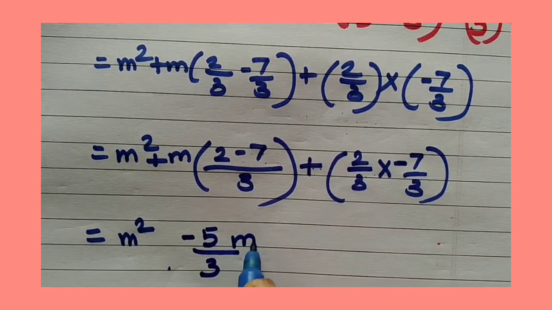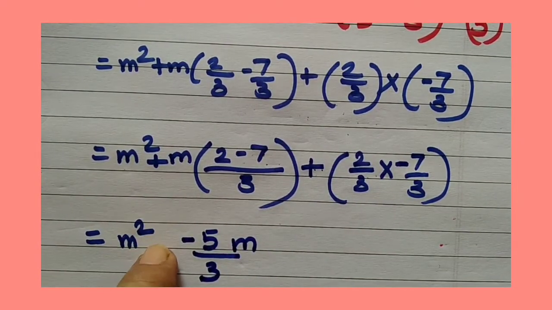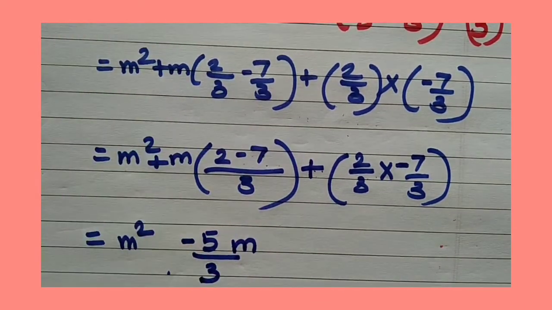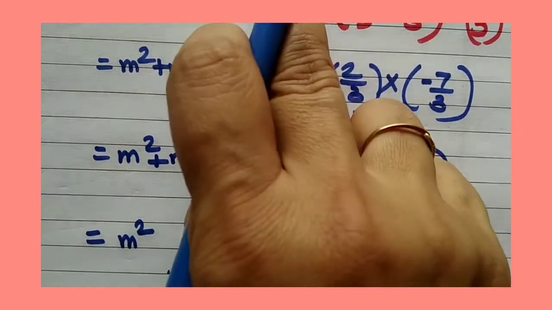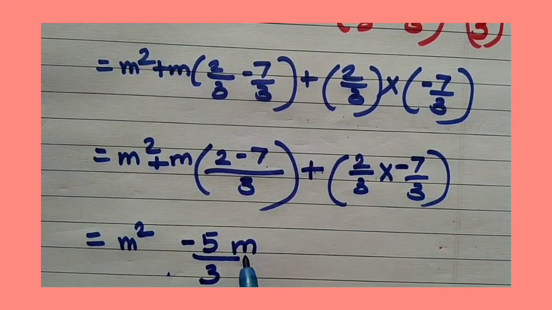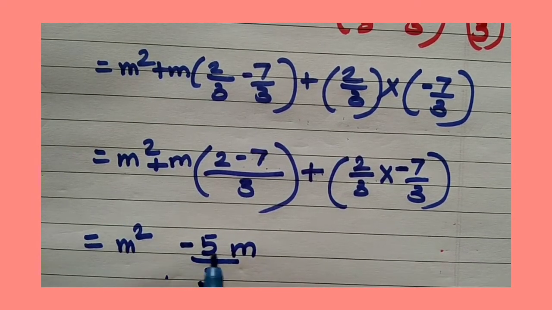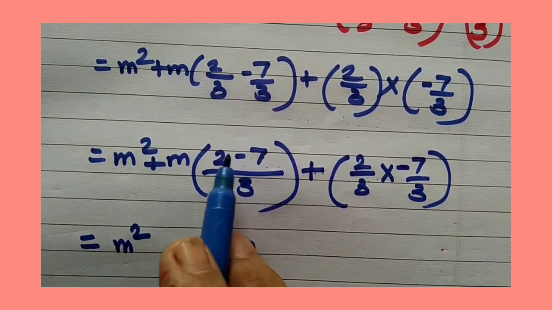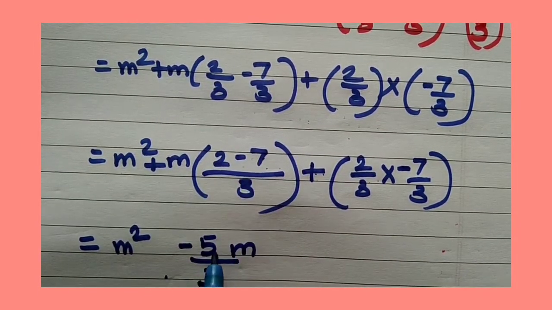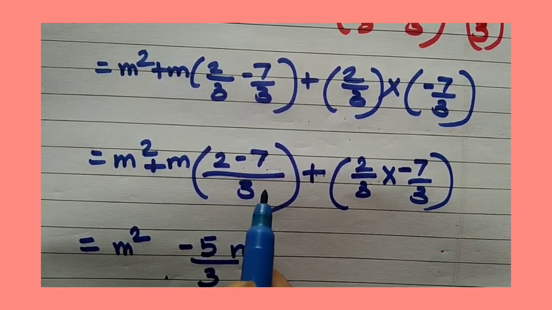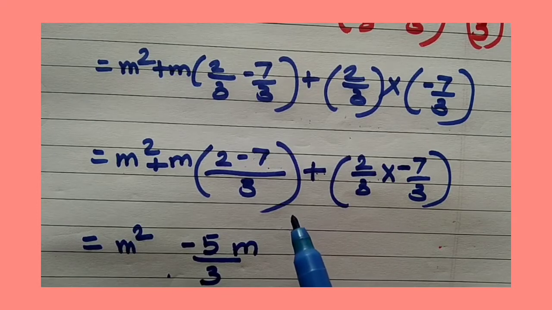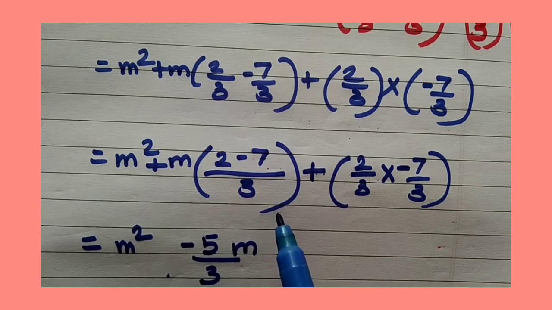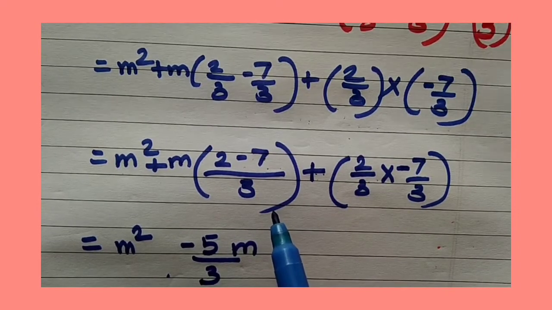And what do we have here? m. You can write m, but don't write m here. m should come after the number. Always the variable comes after the number. But for multiplication purposes, we have written it first. But when we write the numbers, always the variables will come after the number, not before the number. So I hope you understood why we got minus 5 here. 2 minus 7. You have to subtract 2 from 7, that is 5. But the sign should be of the bigger number. Whenever you are doing addition or subtraction of numbers which have different signs, you have to follow the procedure that way only. Subtract the smaller number from the bigger number, but give the sign of the bigger number.